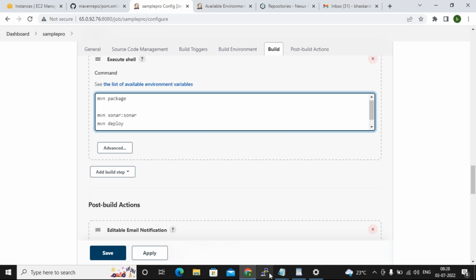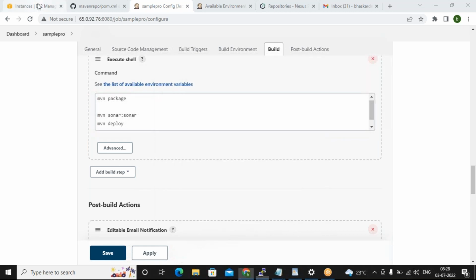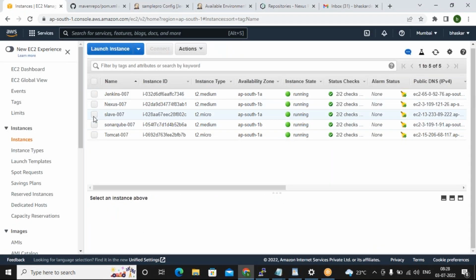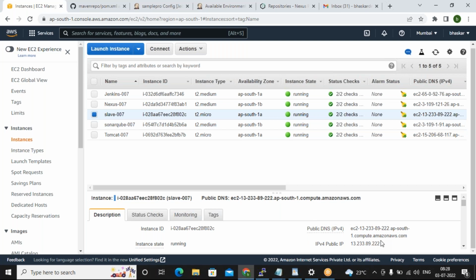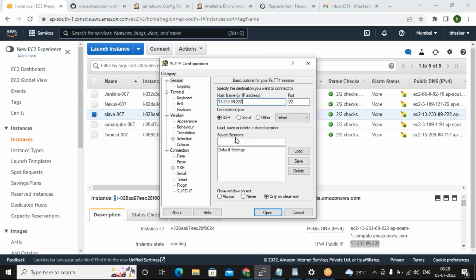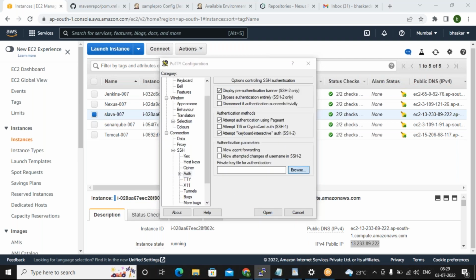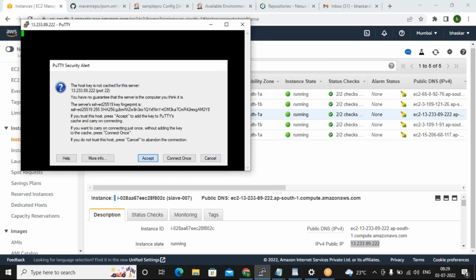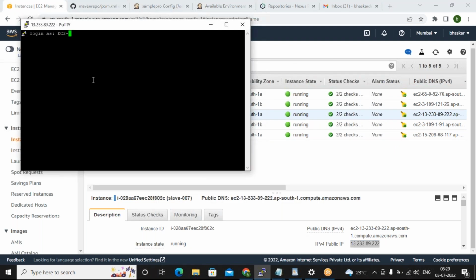Okay, let's do that. First of all, where it is running, can you please log into the slave machine? So he requested me, actually I need my artifact with my build number. Every time it's creating with the same name, right? Not like that. I want to create with my build number. That is what he requested. So how can I do that? Again, variable comes into picture.